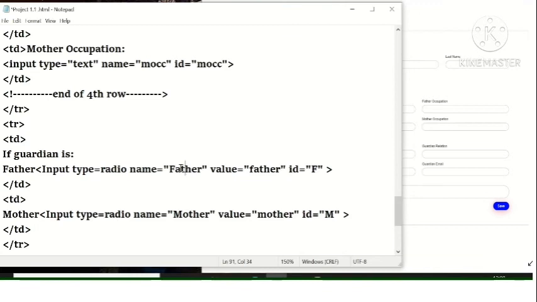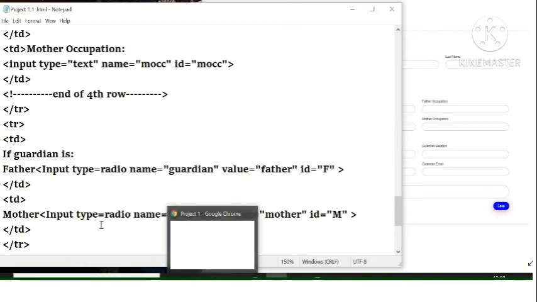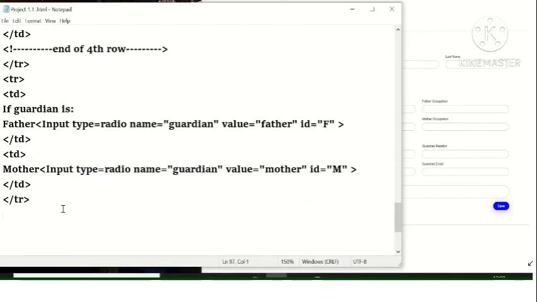For that, we will make a common name. Name will be equal to guardian in both the cases. Then we will see only one clickable radio button. We save this again and see the output. And this is the end of the fifth row.